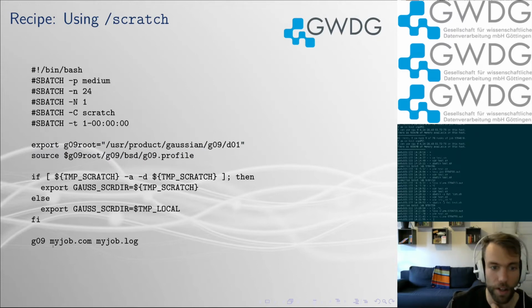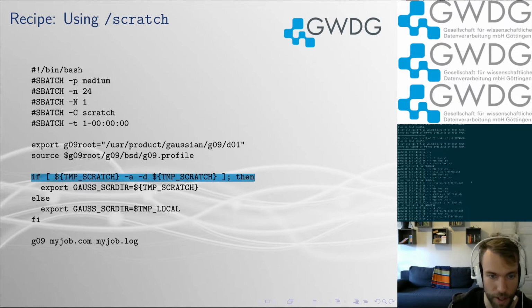Gaussian also uses this environment variable to determine where it should put temporary data. And since Gaussian produces a lot of temporary data, this nice thingy here just says, okay, if this file exists and it is a directory, then please use this as